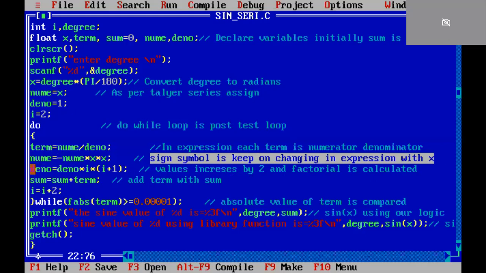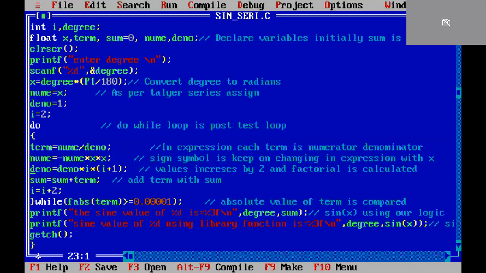You can have a look at it, which will help you understand what a particular statement does in the program. And the remaining thing is the denominator. Denominator is written as denominator into i plus 1. As I said, in the denominator part we have a value: initially it is 1, 3, 5, 7. Along with this value, the factorial also needs to be computed: initially 1 factorial, later 3 factorial, 5, 7 factorial. It keeps on changing, right? So in order to do that, we use this statement: denominator is equal to denominator into i plus 1.